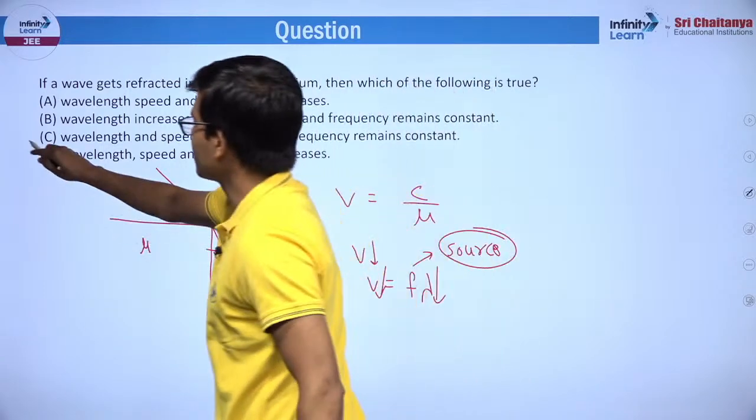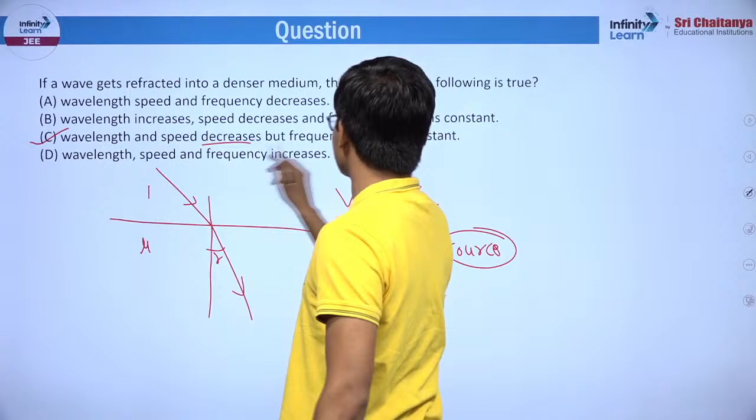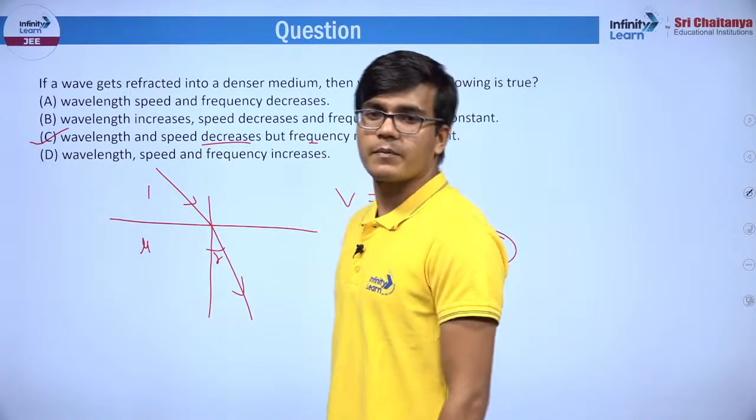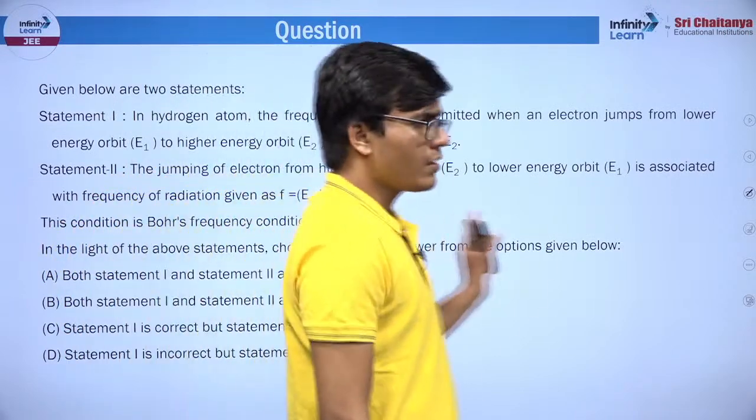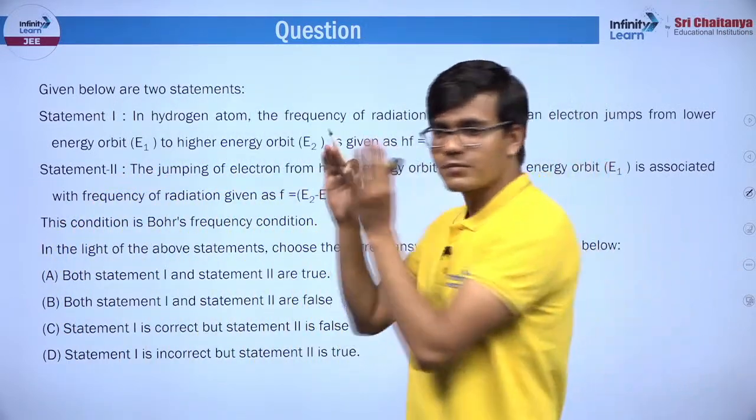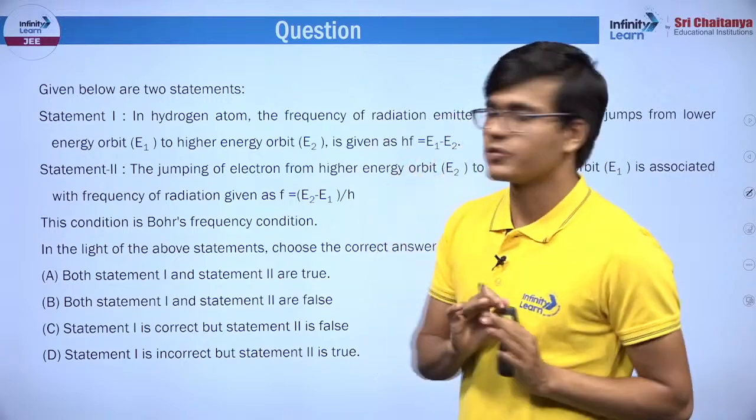I guess C option में ऐसा दे रखा है, वेवलेंथ एंड स्पीड डिक्रीजेज एंड फ्रीक्वेंसी रिमेन्स कांस्टेंट, ठीक है। Quite easy question I would say. एटॉमिक स्ट्रक्चर के हाइड्रोजन स्पेक्ट्रम का सबसे बेसिक क्वेश्चन बोलूंगा मैं इसको, है ना।